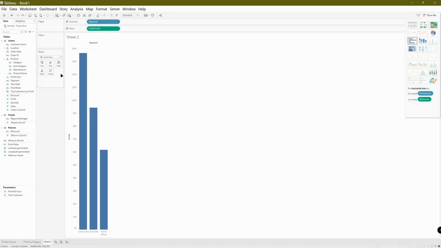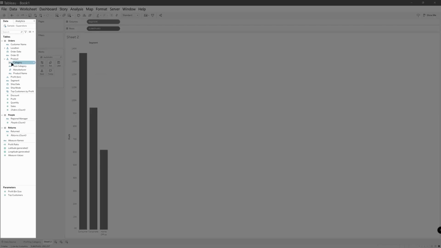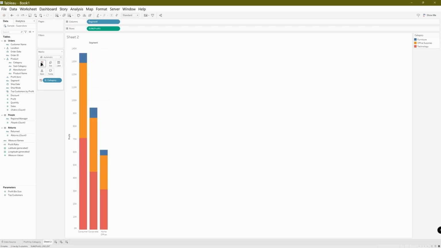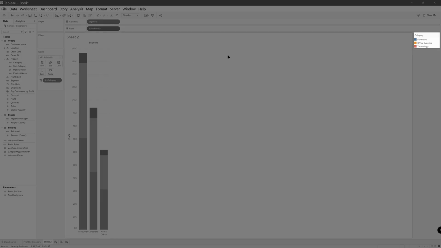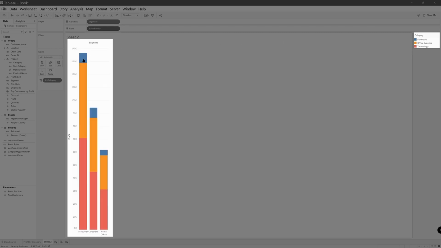Now you have a vertical bar chart. And now let's say we want to get some more details on this data visualization by adding a category. We're going to add a category just by dragging category over the color in the Marks card. Now we have a key that shows us the breakdown by category, but also